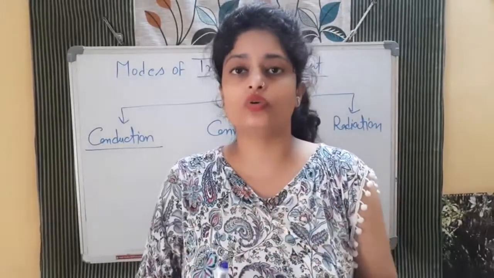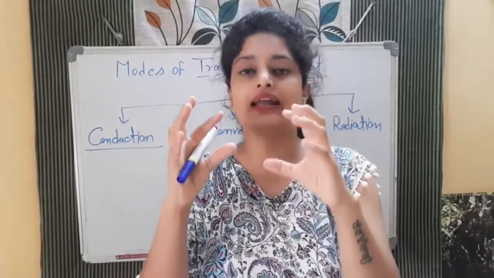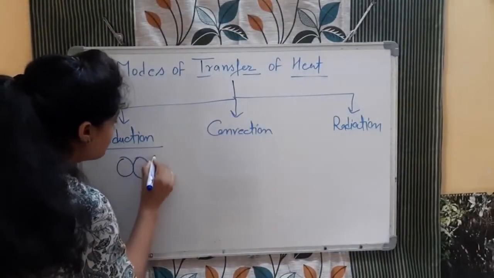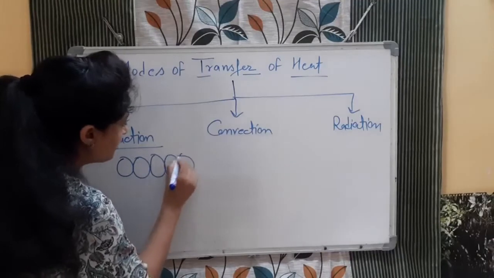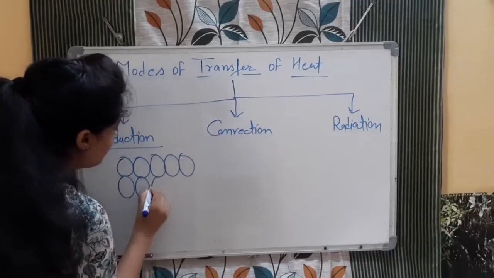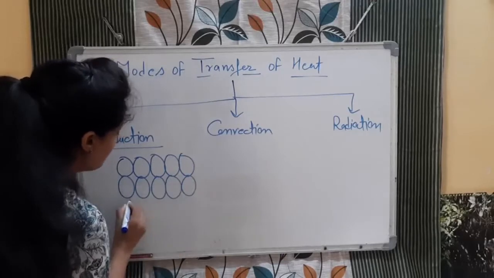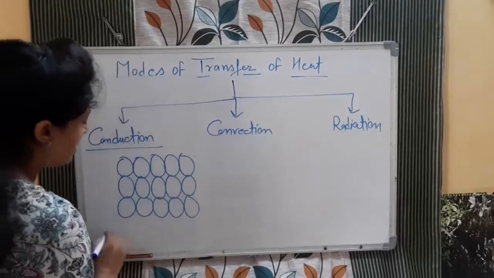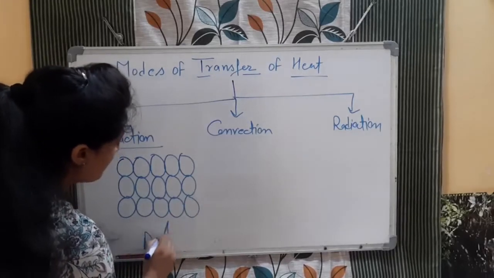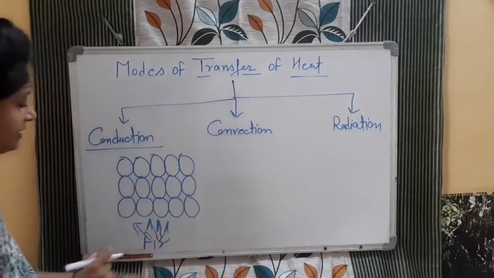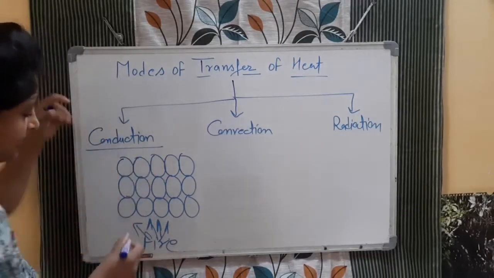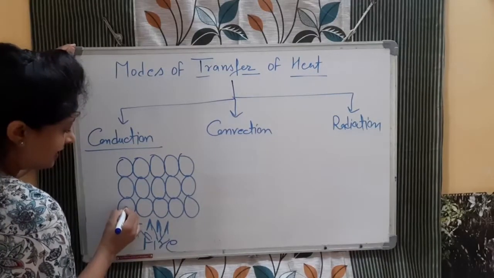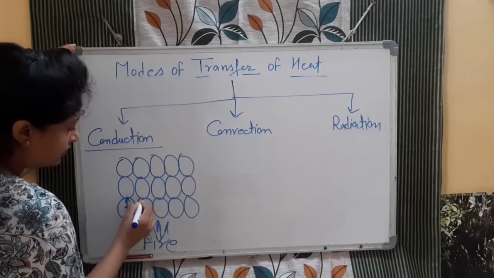In case of the solid, the atoms, or we can say molecules, are held very close to each other. They are very tight. For example, these are the atoms, very close to each other, like this. What will happen when heat is given to a solid? If I am giving heat to a solid, for example using fire, we are giving energy to all these particles. It will come firstly to this one. This one will get the energy. Now this will transfer the energy to the next one.